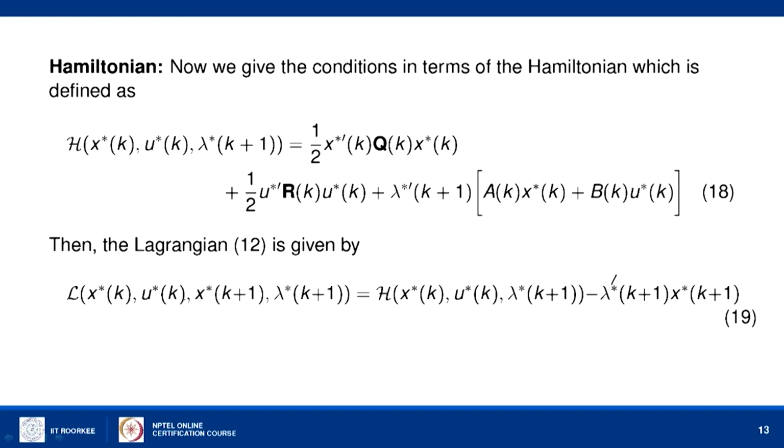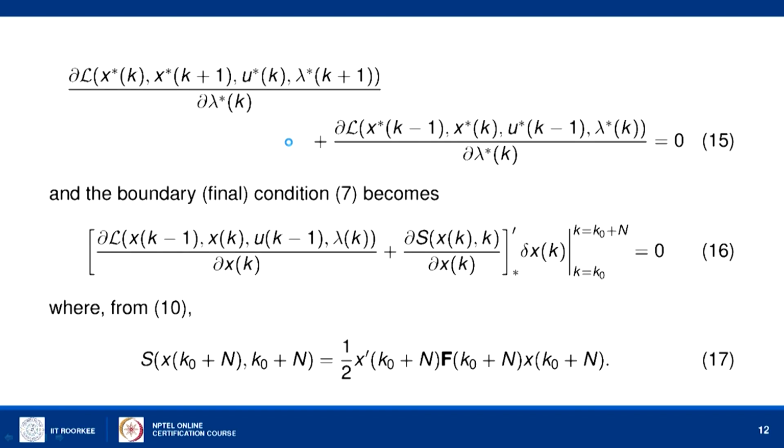These equations will be satisfied when the optimal values of x, u and lambda, etc. are substituted. But when we solve the problems, we generally differentiate with respect to the variables and then solve. So the meaning of putting a star in each equation is that at the optimal values, all these equations are satisfied.